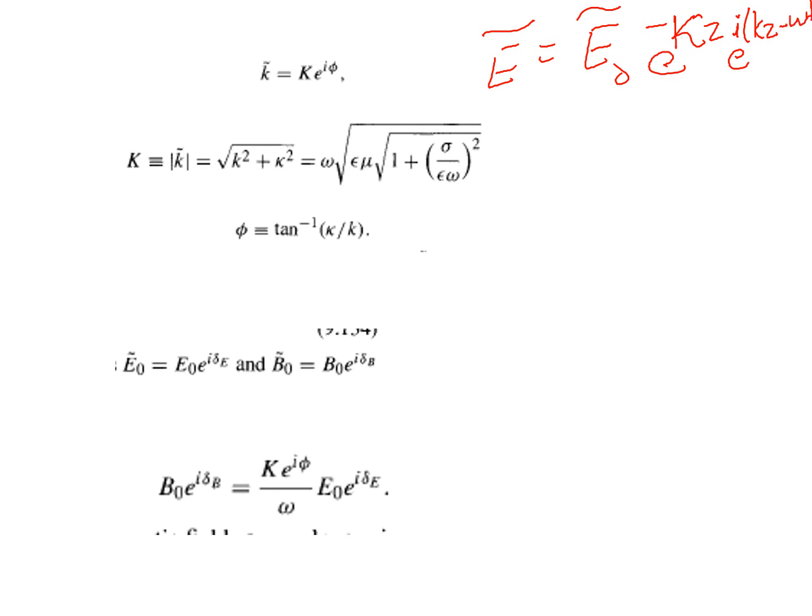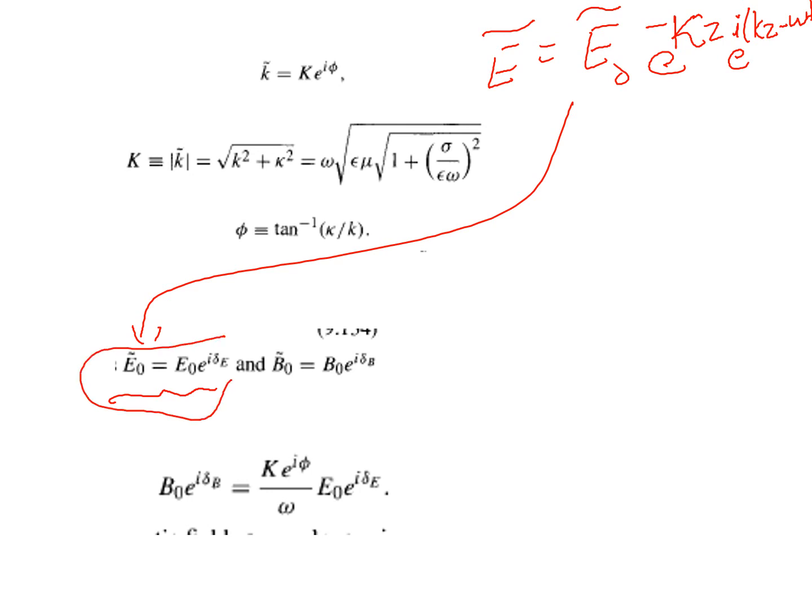Here, the E0 complex can be written as E0 e to the power i delta E. We already introduced this complex notation in the previous videos. If you have some doubt in this representation of E0 complex, you can watch the previous video modules on the introduction of complex terms. Okay, and B0 complex is equal to B0 e to the power i delta B,